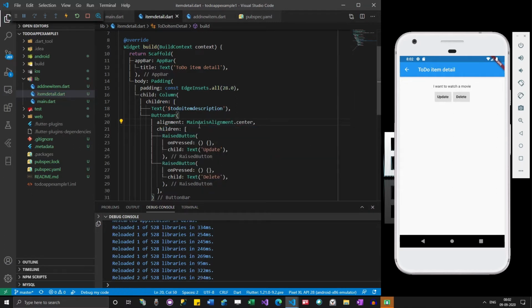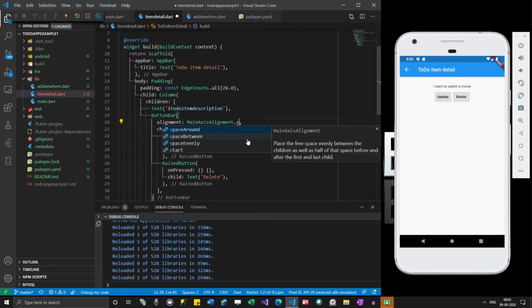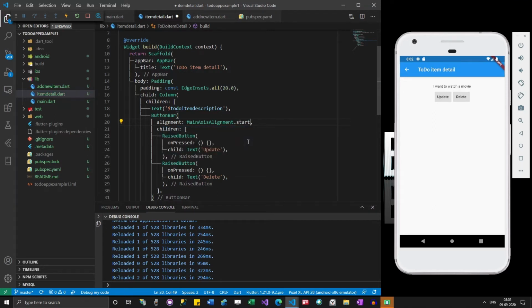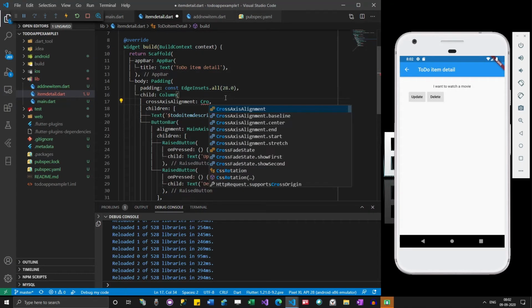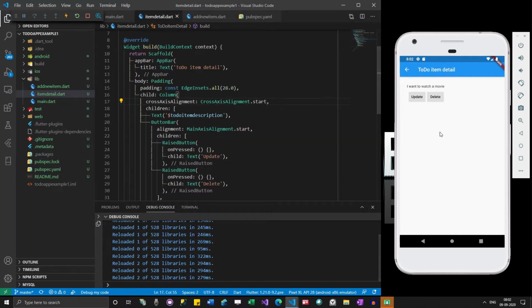Okay, now it is fine. Let me move left. Okay, so this is the item that has been selected.